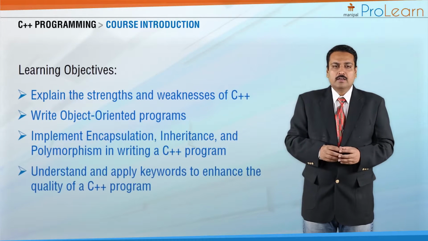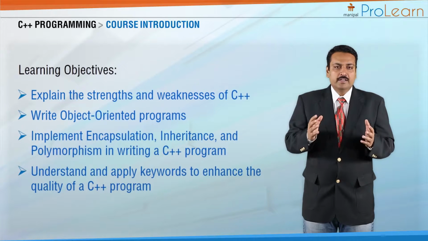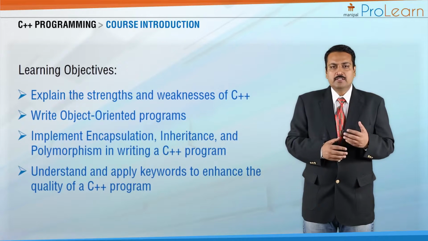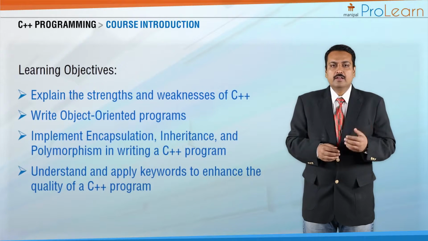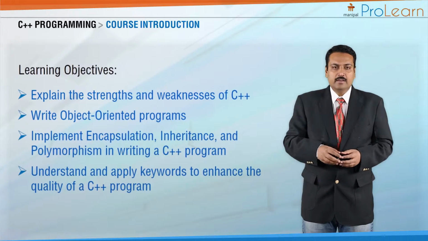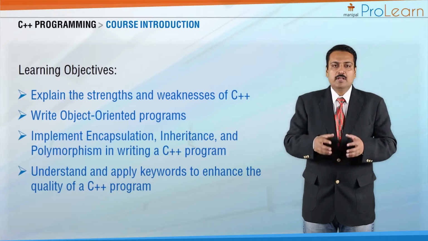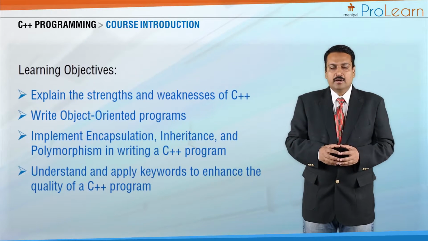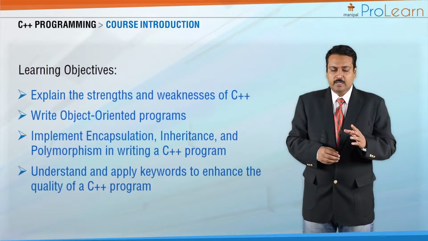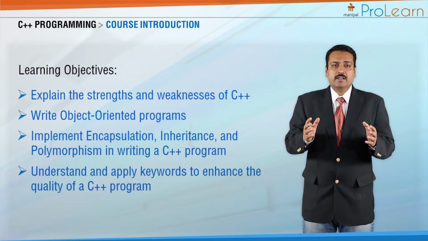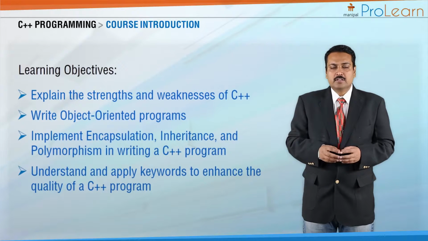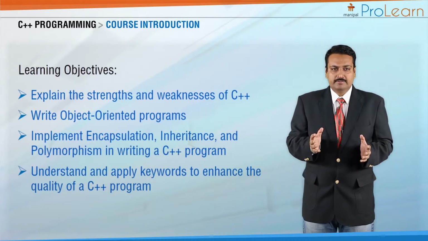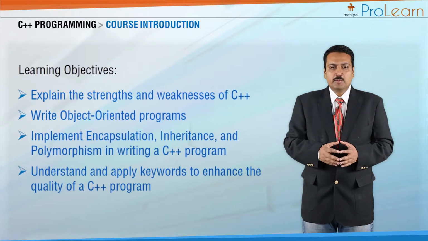You will also learn how to apply various kinds of keywords available within C++ to enhance the quality of the program, and certain kinds of nuances and certain kinds of abstractions that have to be implemented can be absorbed within our program by these keywords. A good example for this can be the static keyword, which allows us to have access of an element at class level. One of the key defining capabilities